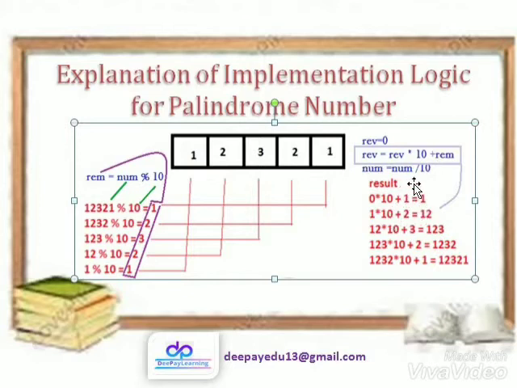Okay, then we keep dividing the number by 10 to get the next digit. The loop will run till our number does not equal 0, or we can say that it will remain greater than 0, and keep dividing it by 10 each time. Okay, so again and again we will get the reverse, and num equals num divided by 10.